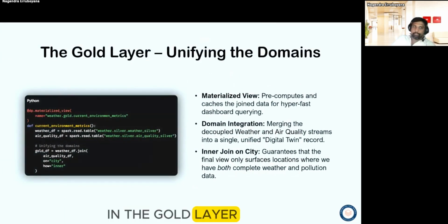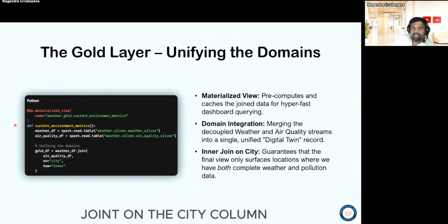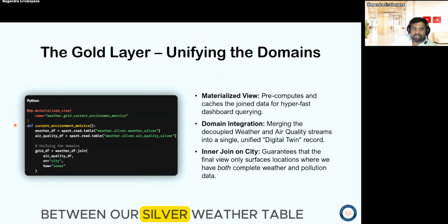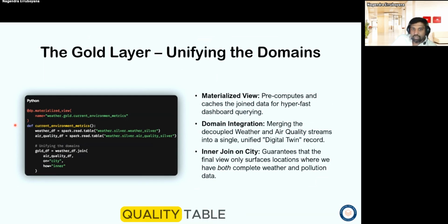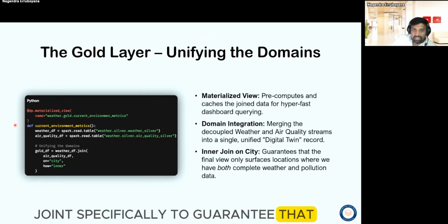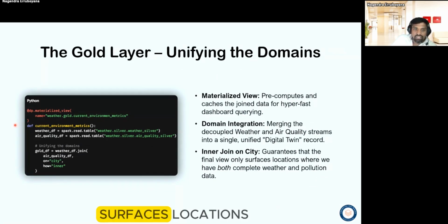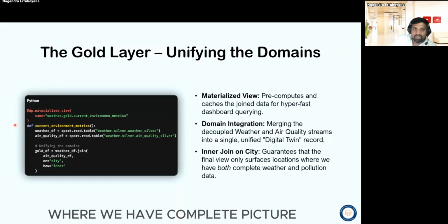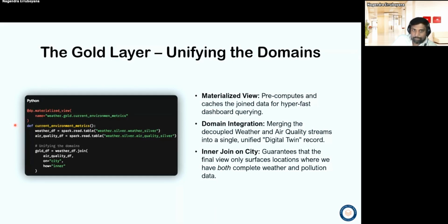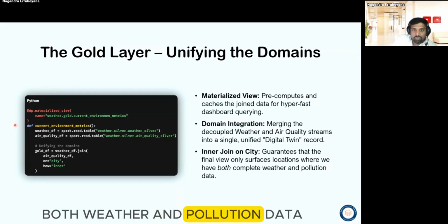In the gold layer, we finally unify our decoupled streams. We perform an inner join on the city column between our silver weather table and our silver air quality table. I chose an inner join specifically to guarantee that the final view only surfaces locations where we have a complete picture, both weather and pollution data.